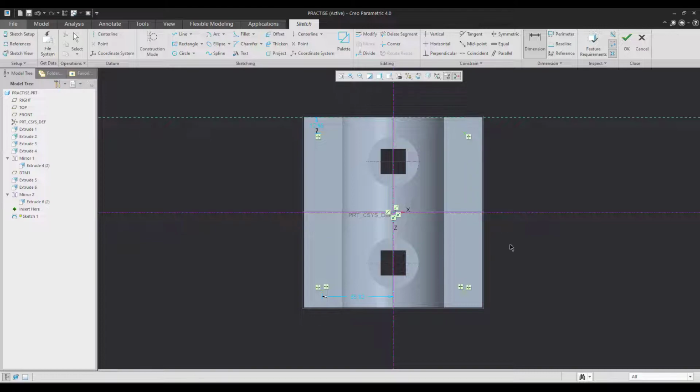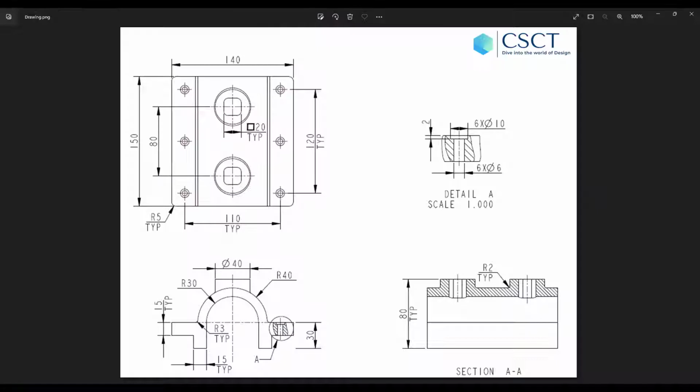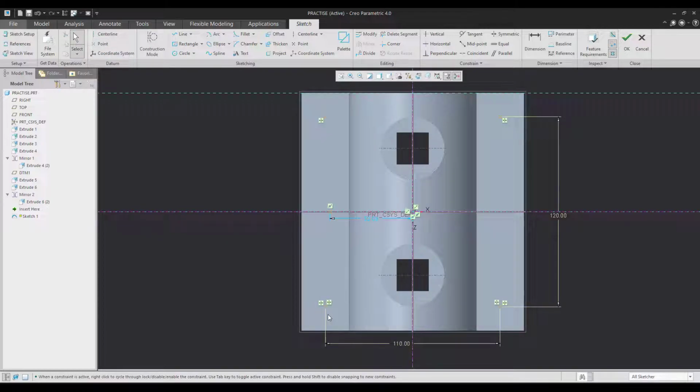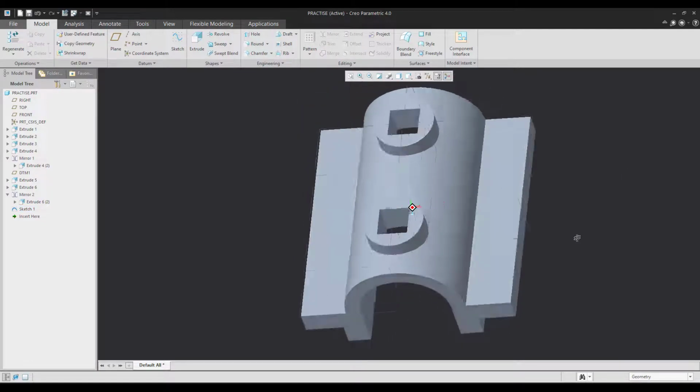Now, as we all know, the distance from here to here is supposed to be 120. I'll maintain 120. And the distance from here to here is supposed to be 110. I'll maintain the distance from here to here as 110. The other hole is exactly on the center. So I'll just take a point. Since it's supposed to be in line with this, I'll use a vertical constraint to maintain the inline constraint. The same thing is supposed to be mirrored onto the other side, and now we have the 6 different points